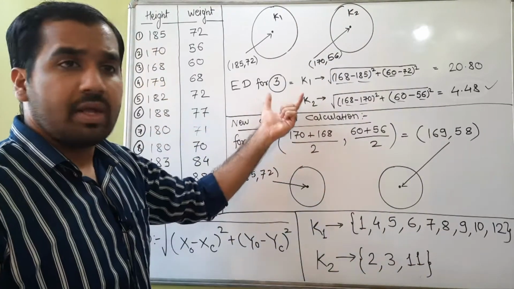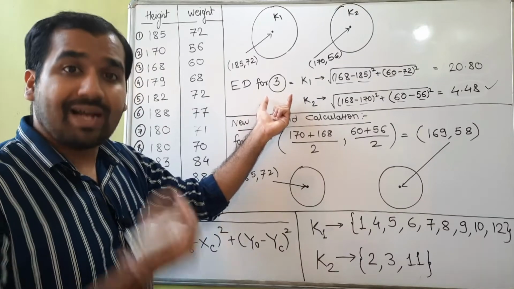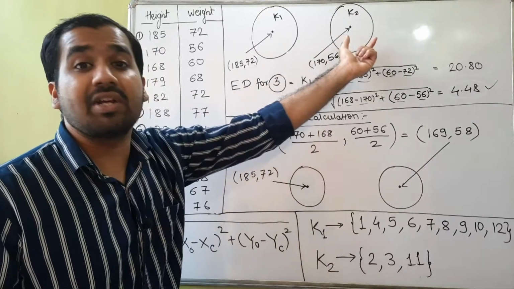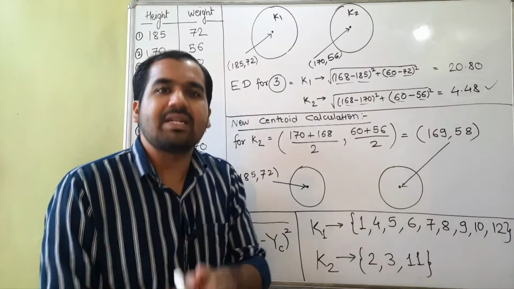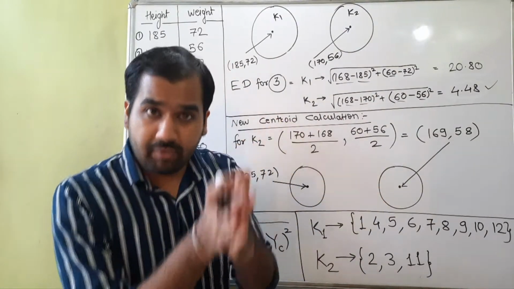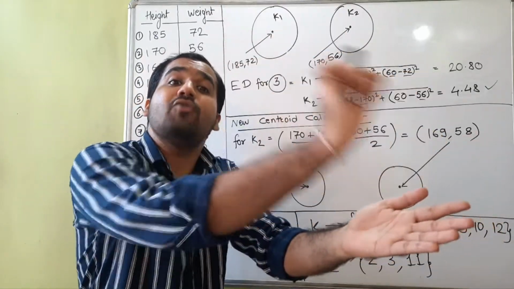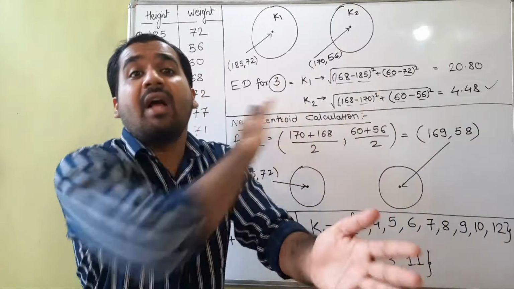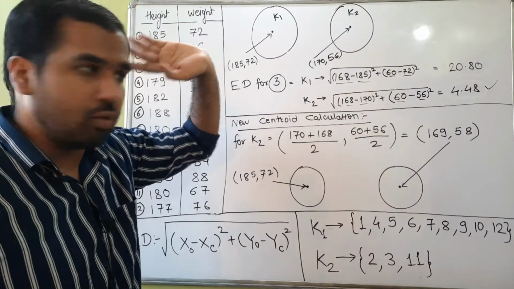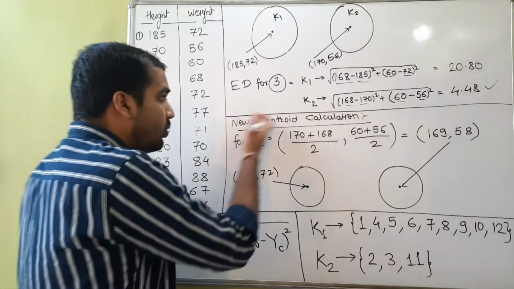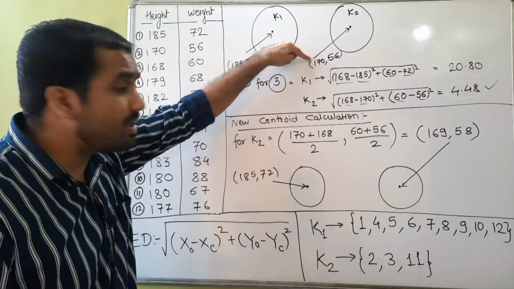Because just now in our current step we have added or assigned the sample 3 to the cluster K2, not K1. So whenever in a current step you are assigning a sample or a data point of your data set to a cluster, that respective cluster centroid values must be modified, updated, not the other ones. So we are going to only focus on the centroid values of K2. Now that's what we are doing here. We need to get the new centroid value. This is an old centroid value.